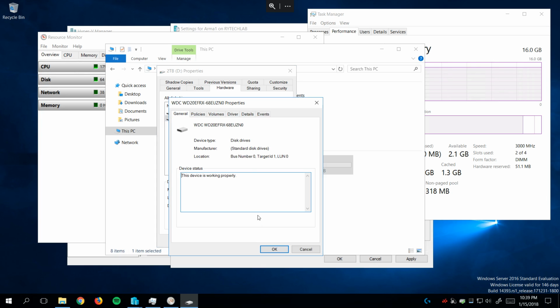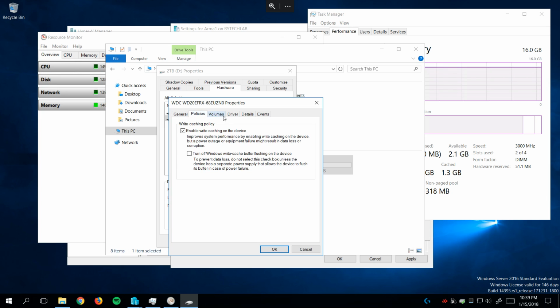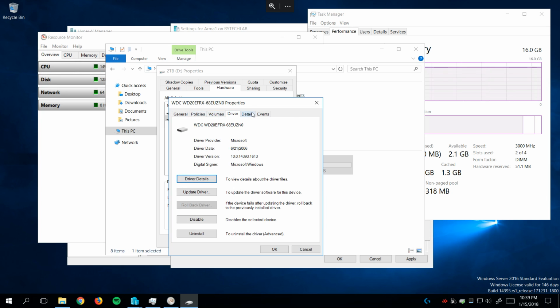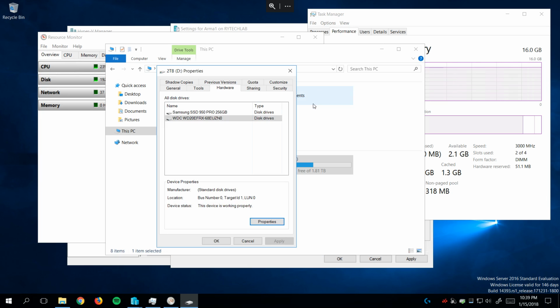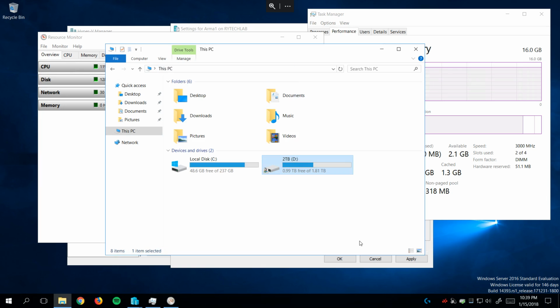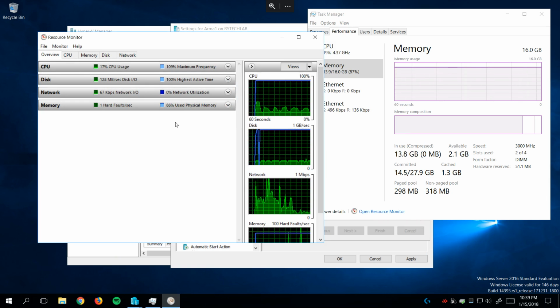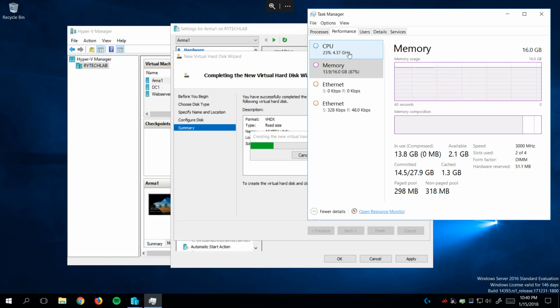It's a really good disc. I mean, I like it. It's just not as fast as I'd like. I've had a Western Digital Black before, so moral of the story is if you can afford a Western Digital Black, they're much better. I mean, this one's designed to be running constantly, which I'm sure it probably is, considering